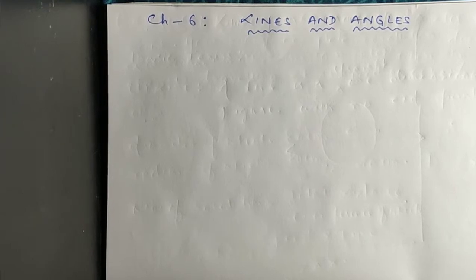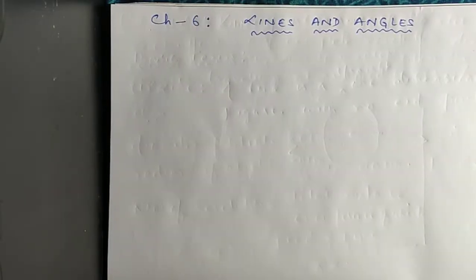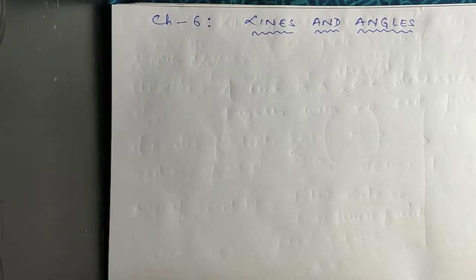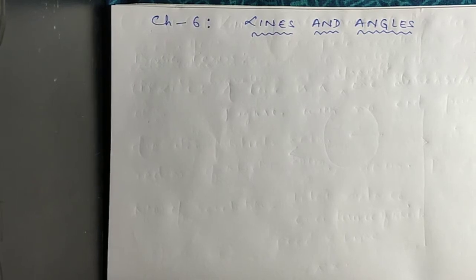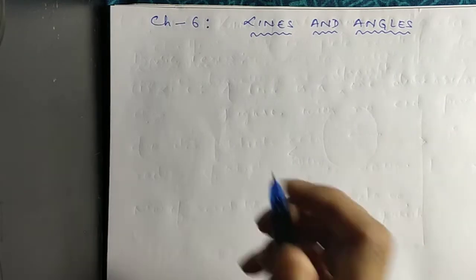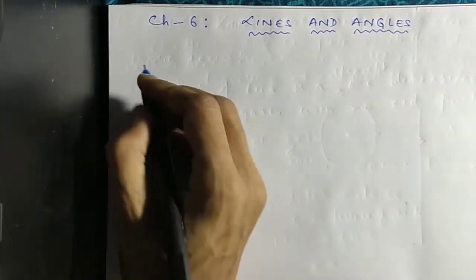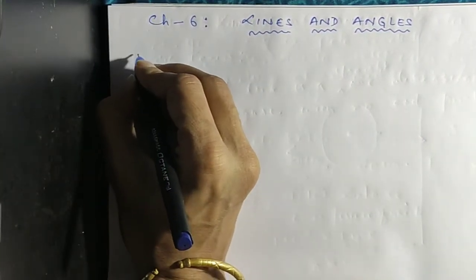In this video today we are going to learn about chapter 6, that is lines and angles. Before we start this chapter, we are going to discuss some basic terms that we are going to utilize in solving every problem of this chapter. So the basic definitions, basic terms are: number one,